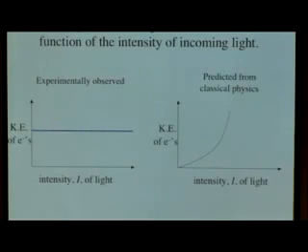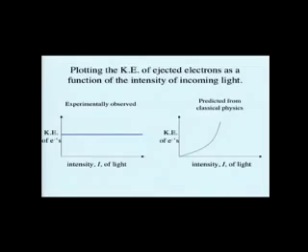The next thing that they wanted to look at was the actual intensity of the light and see what the relationship of intensity to kinetic energy is. So what we would expect is that there is a relationship between intensity and kinetic energy, because it was understood that however intense the light was, if you had a more intense light, it was a higher energy light beam. So that should mean that the energy that's transferred to the electron should be greater, but that's not what you